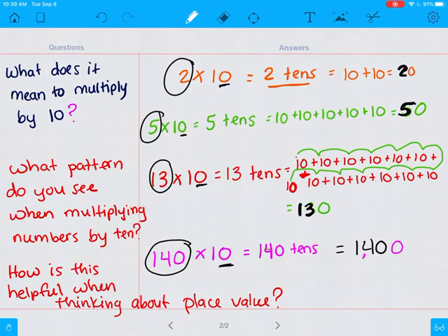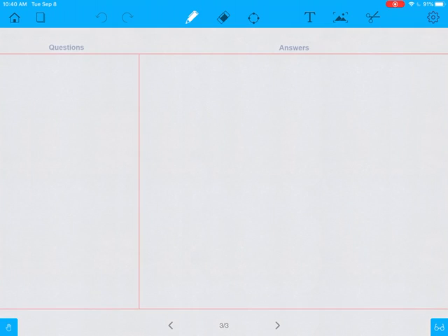Okay, so in the last video we talked about how to multiply a number by 10, and we talked about the patterns that we see. All you do is take the number you're multiplying, which in this case is 5, and to find your answer without having to add up all these tens, all you have to do is add that 0 behind it. So keep that in mind when we start to learn how to compare